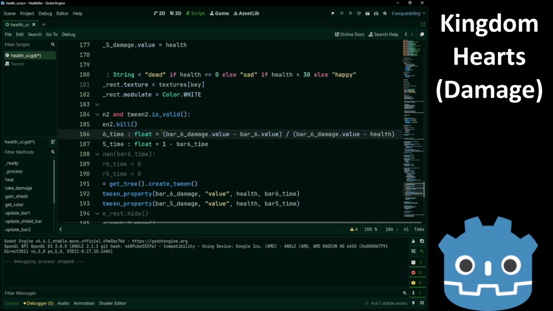So what I did is, we pick the difference between the damage indicator and bar 6 and divide that by the value of the damage indicator minus health. So this will be the percentage of the damage that we took on the horizontal bar. And we'll use that percentage as our time.